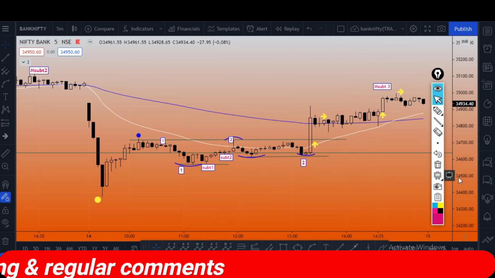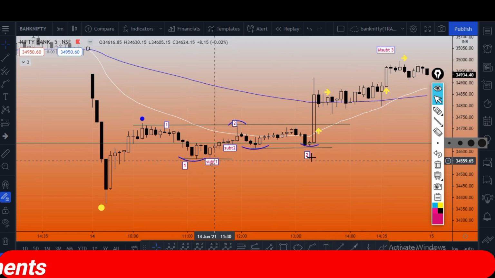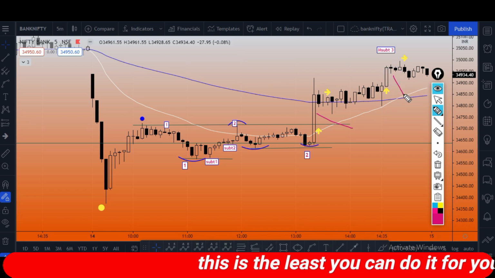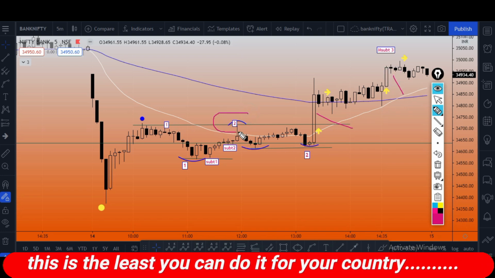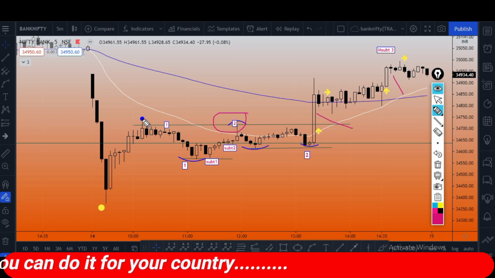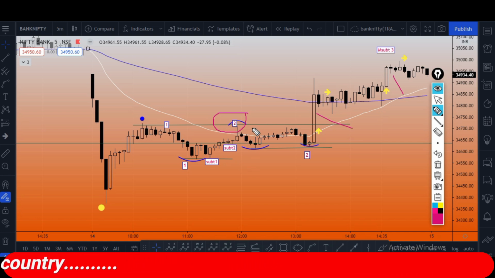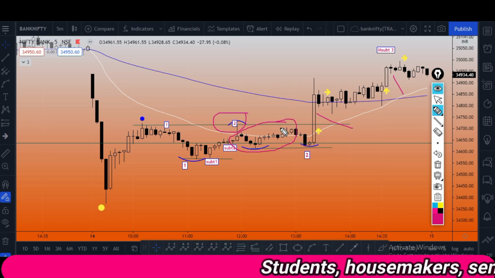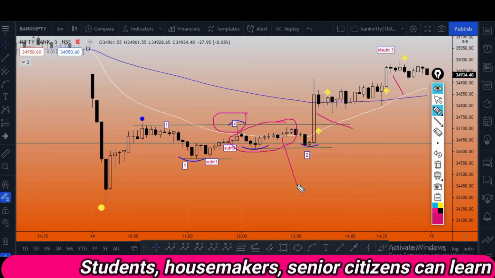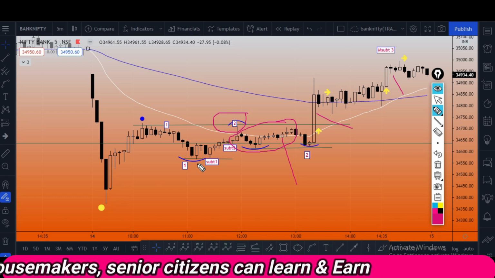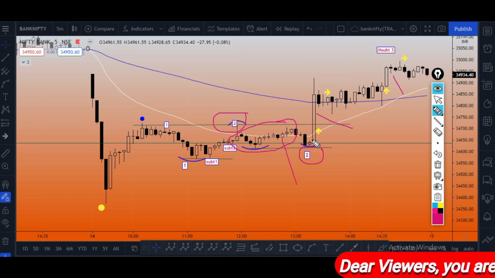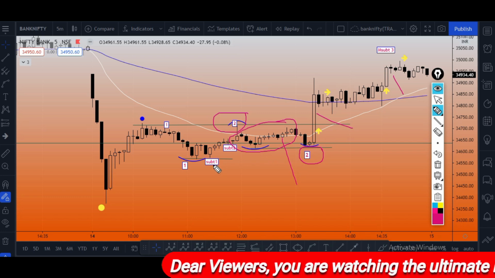See here, this is the entry point. This is the first trade. This is the second trade I marked. This is the second point. If it is the second point of this counter trend cycle, then you should get a setup around this area. But if you see carefully, you did not get any setup towards the downside move. On the other hand, the second point completes at this stage and you got the opportunity to go upside, because the price has already made that scenario.